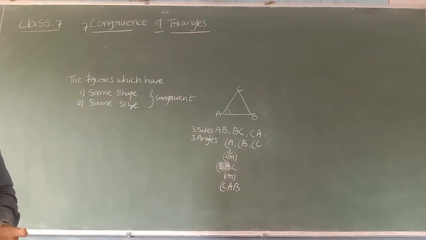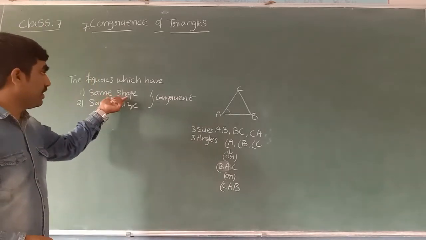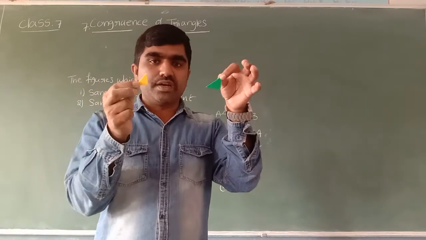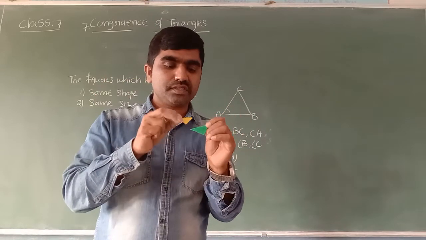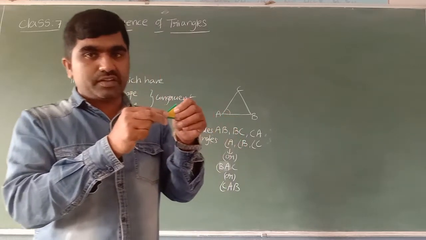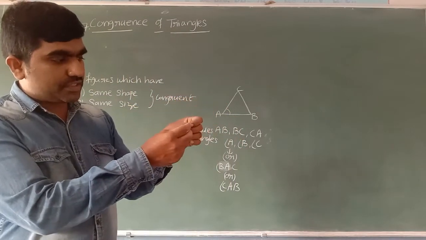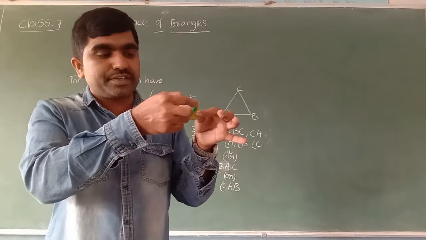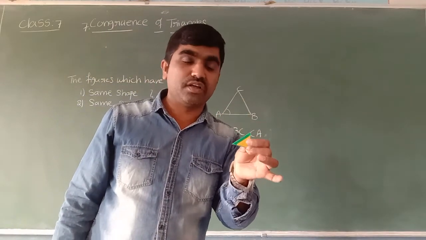Two objects or more than two objects are said to be congruent when they have the same shape and same size. Here I am taking two more triangles. Now let's see what will happen when I keep one triangle over the other triangle. Can we say one triangle fits on the other exactly? No, sir, both triangles do not coincide with each other. Here we can see this space left. So now can I say both are congruent? No, both are not congruent.